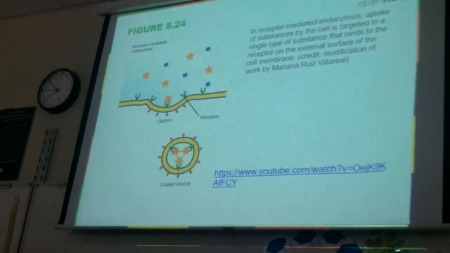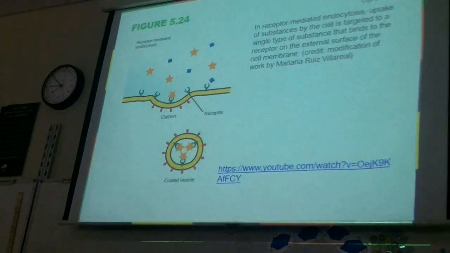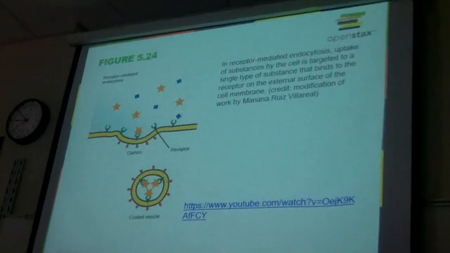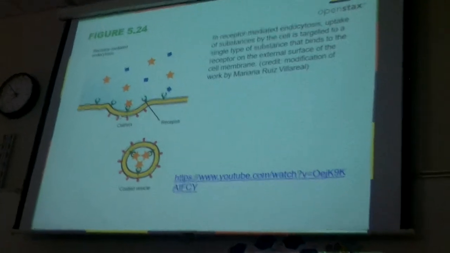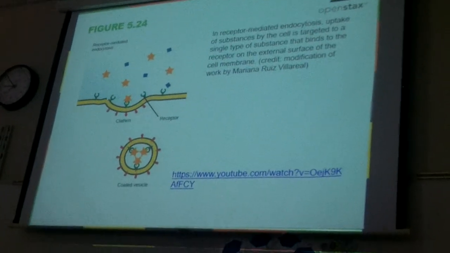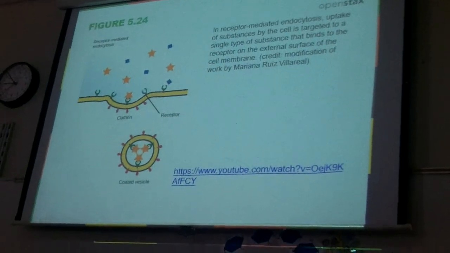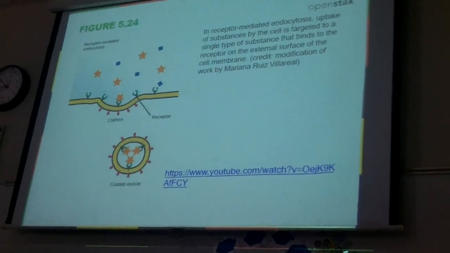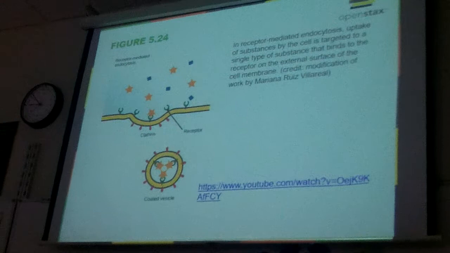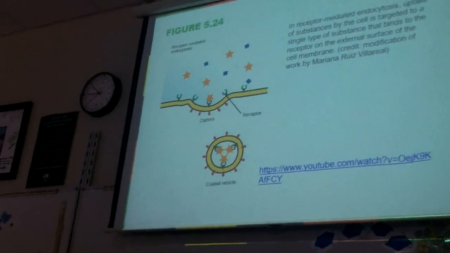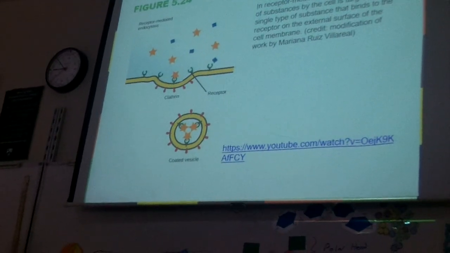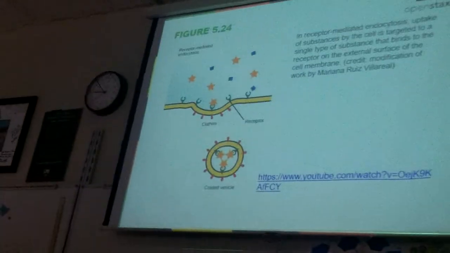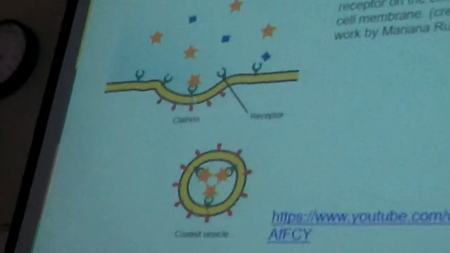But either way, you're talking about when particles from the environment stick to the cell, and here you can see some protein receptors on the surface of the cell, and they stick to, looks like the star-shaped things are what the cell wants. So they'll stick to these receptors, and when you get enough of them stuck to the receptors,